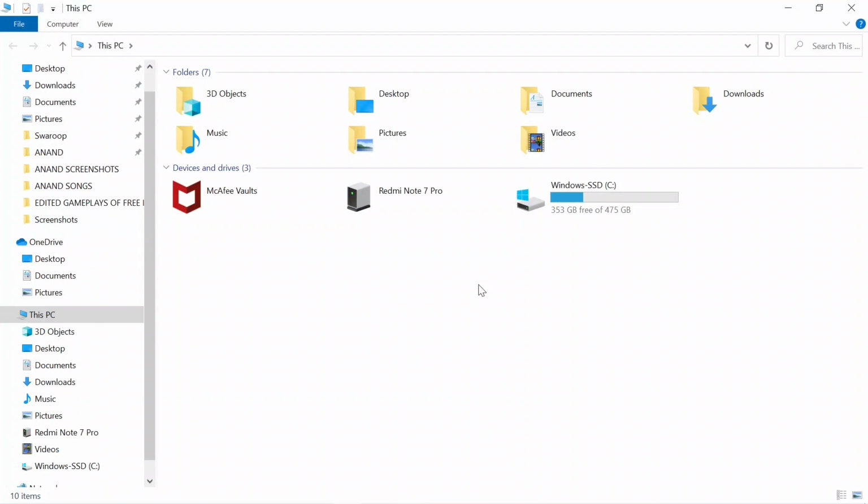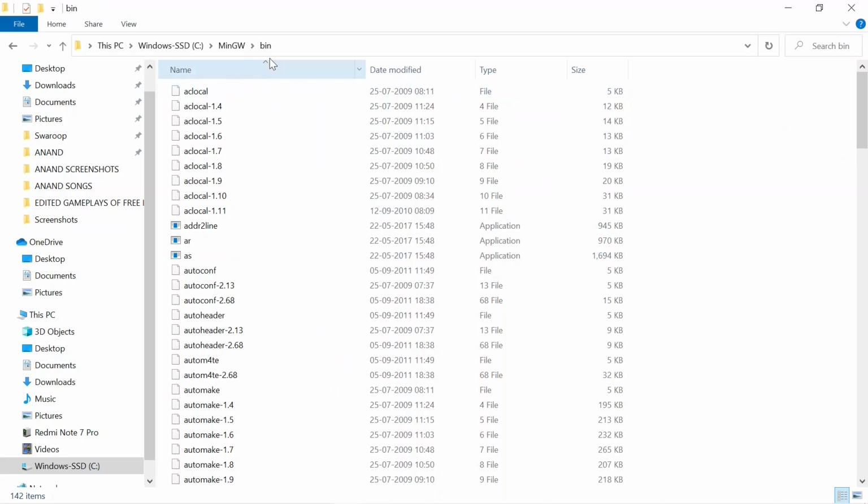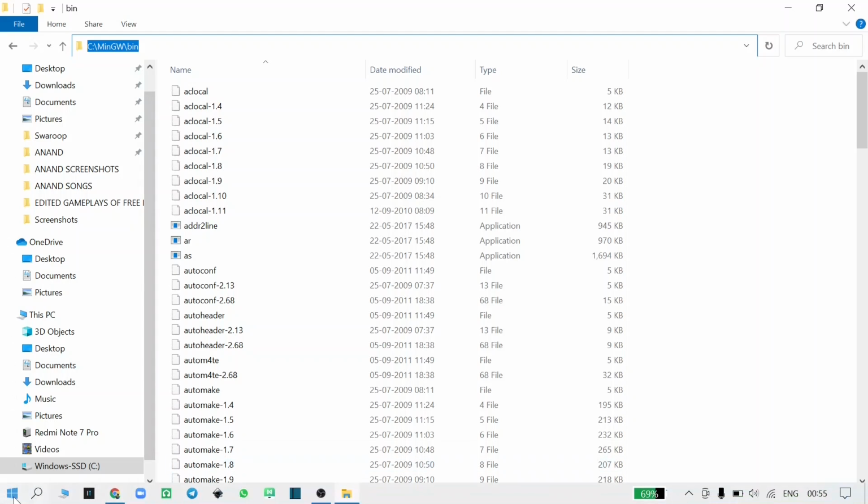Now I want you to cross out this, open your my computers or this PC and Windows. You will see this MinGW folder over here in your C drive. Just click on it, click here the first folder, bin, and I want you to click here. This is the path of this bin folder. Just click on that path and you can see this is the path. Now I want you to copy this path. Just press Ctrl C on your keyboard.